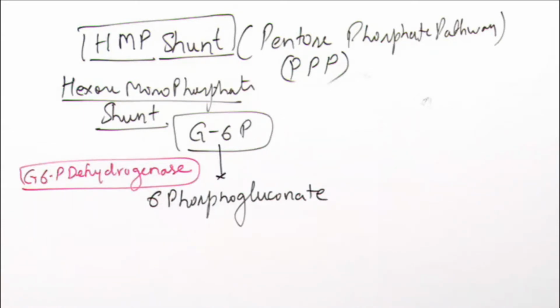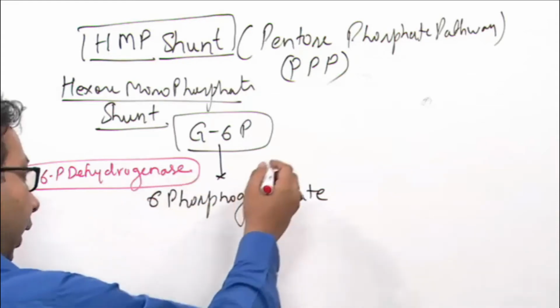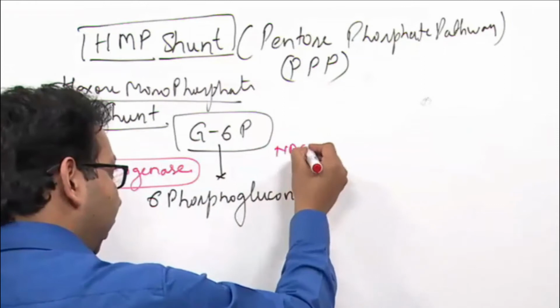And you know the concept: whenever there is dehydrogenase, removal of hydrogen will be taken up either by NAD, FAD or NADP. In this dehydrogenase, hydrogen is taken up by NADP